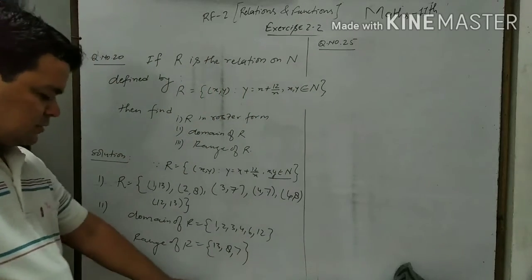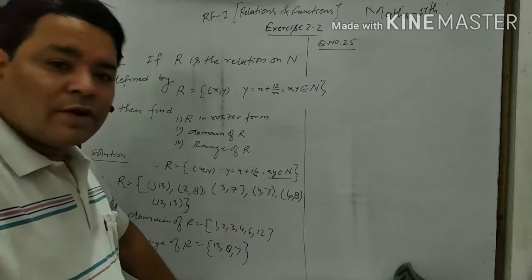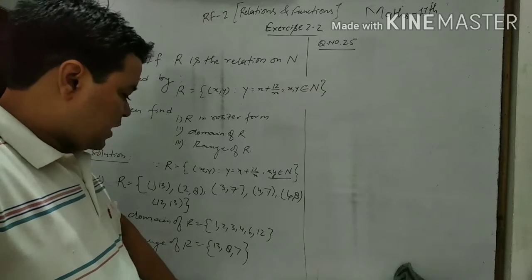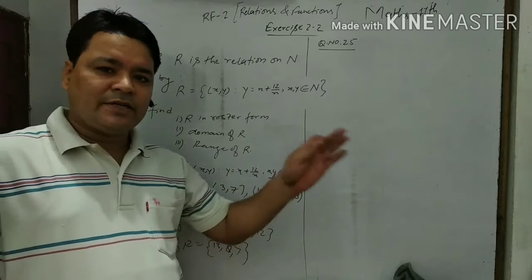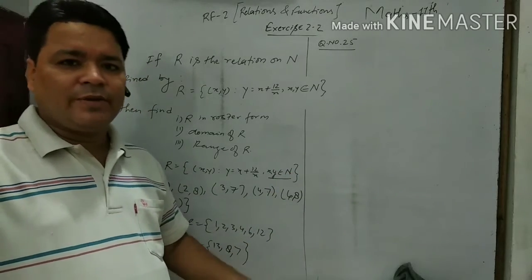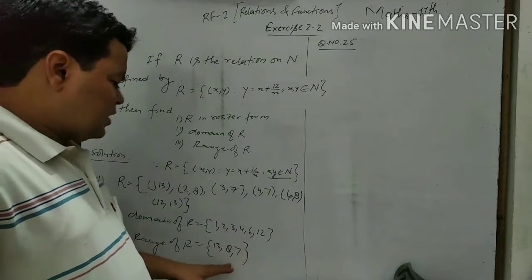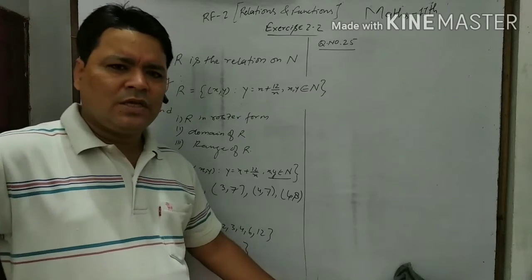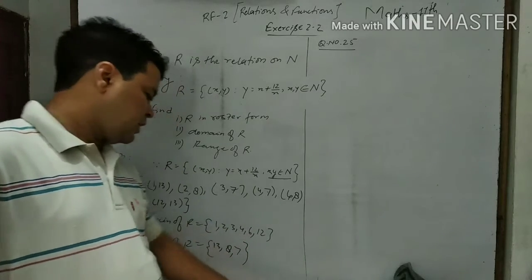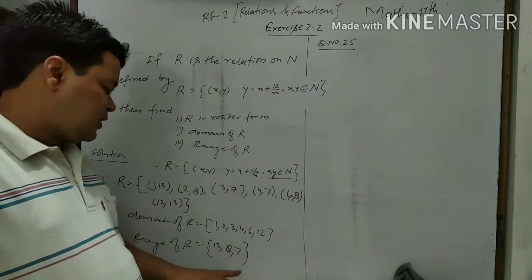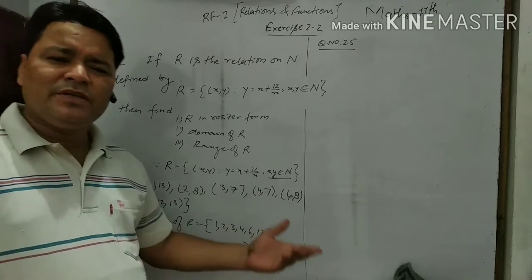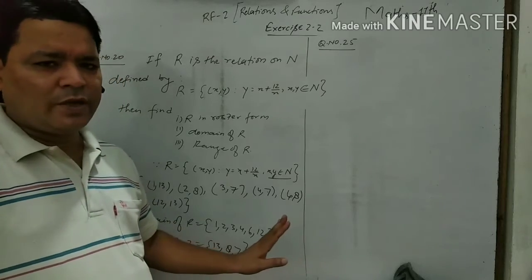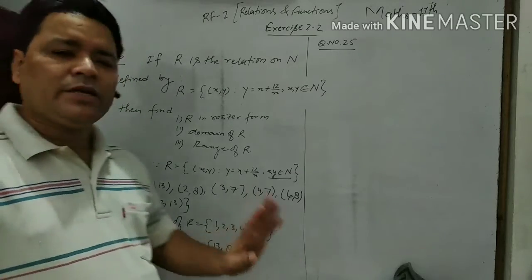One student asked through WhatsApp, sir, can we write it this way also, or do we have to write 7, 8, 9, 10? What should be better? There is no hard and fast rule. We can write 13, 8, 7 also. We can write 7, 8, 13 also. The place may be different, no problem. In all conditions, the answer will be correct.